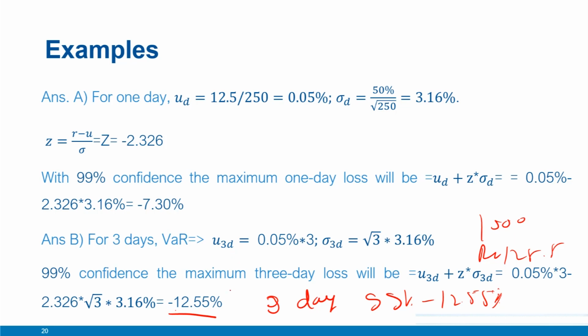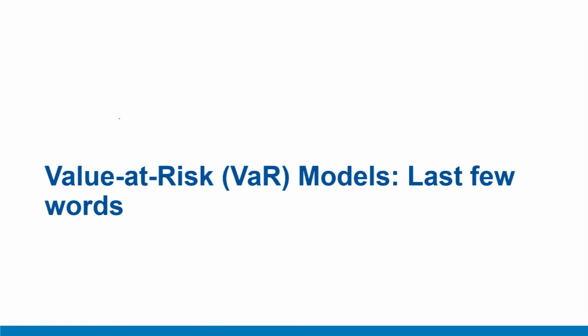To put it in simple terms, your loss value for a 3-day period with 99% confidence is minus 12.55% in negative return terms or loss value. Or if you are holding 1000 rupees worth of portfolio, then your maximum loss over a 3-day period with 99% confidence is 125.5 rupees. To summarize, in this video we saw how to apply a normal distribution to compute the value at risk measure in a more systematic manner. In this video, we'll conclude our discussion about value at risk models with its shortcomings